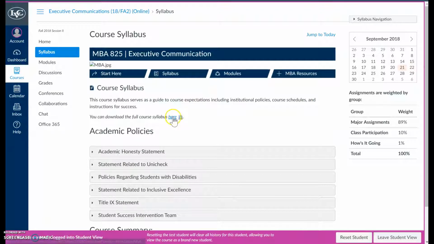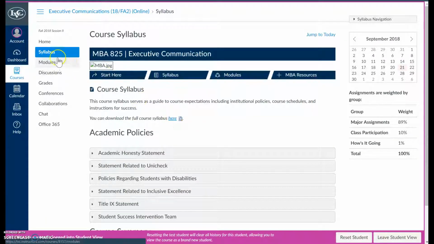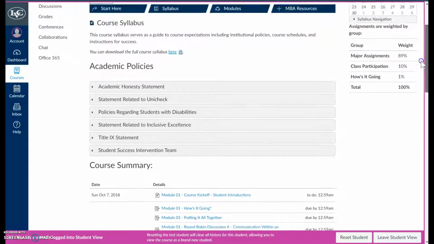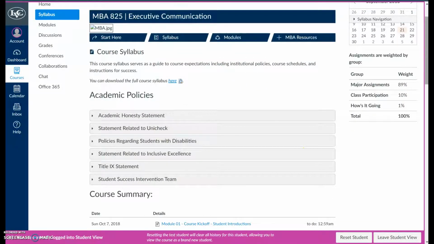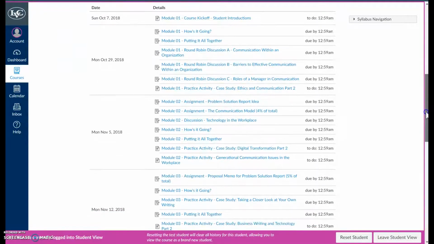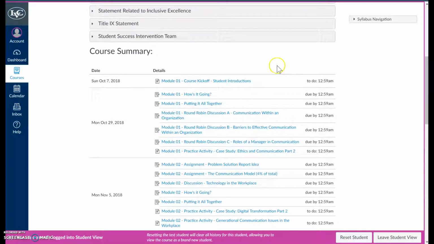This is where you can download the syllabus here. This is actually the same page that you'll get to. You can see this is highlighted. The same page that you'll get to if you just clicked syllabus from the main menu. And if you scroll down through here, you will see a number of the policies, and you will also see the course summary and dates